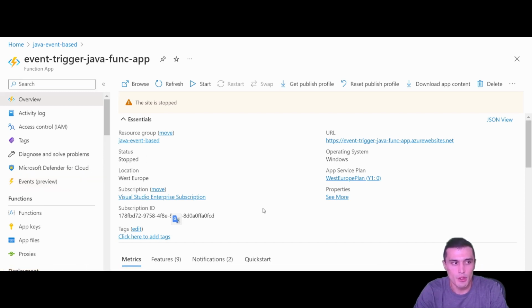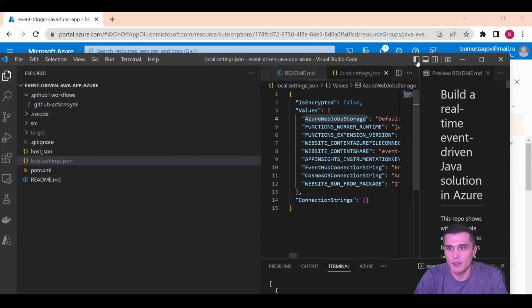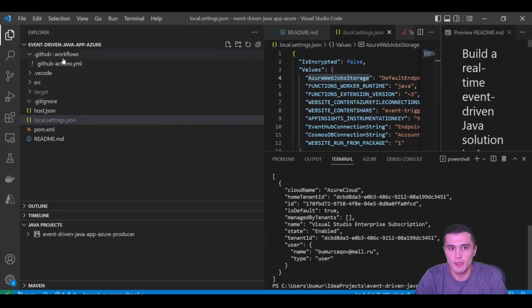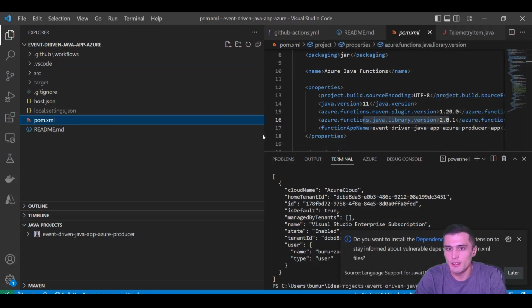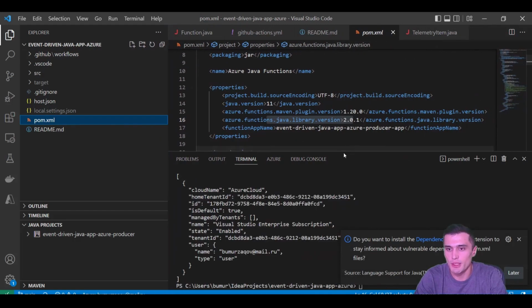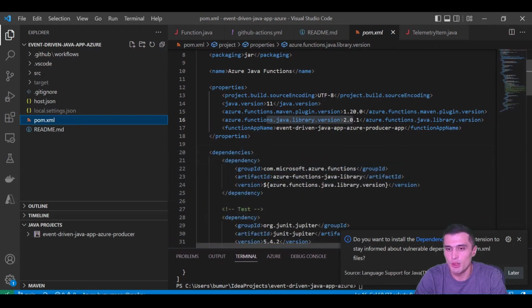Now, if you go to the source code that you cloned locally, you can see I have some of the resources here. This is the project folder, and if you navigate the POM XML file, you can see some of the libraries we're going to use for this demo.